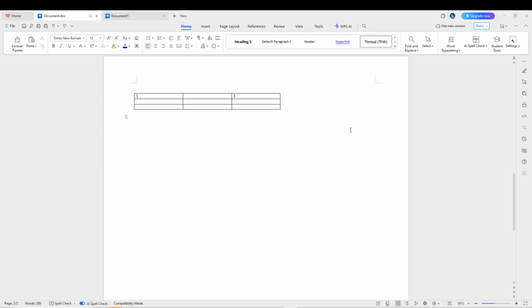In today's video, I'm going to teach you how to highlight table rows and columns in WPS Office. Highlighting rows or columns is an essential tool for making your tables more organized and visually appealing. By adding color to specific sections, you can emphasize important data, separate different categories, and make your document easier to read. Whether you are working on a report, a spreadsheet, or a presentation, this technique will help your tables look